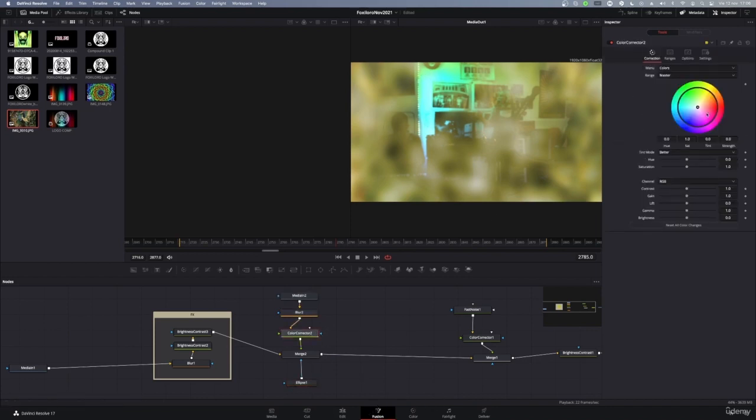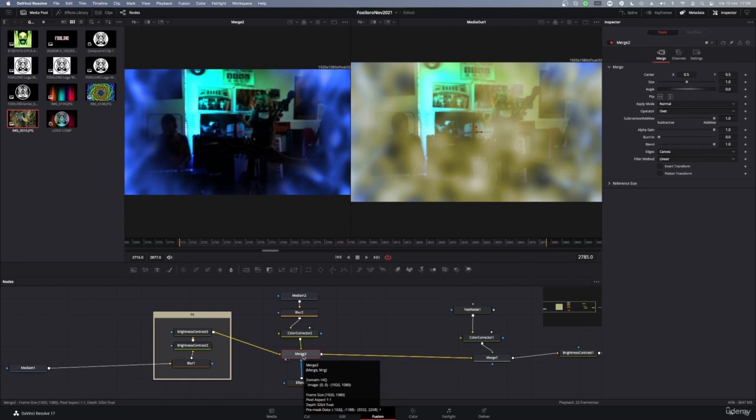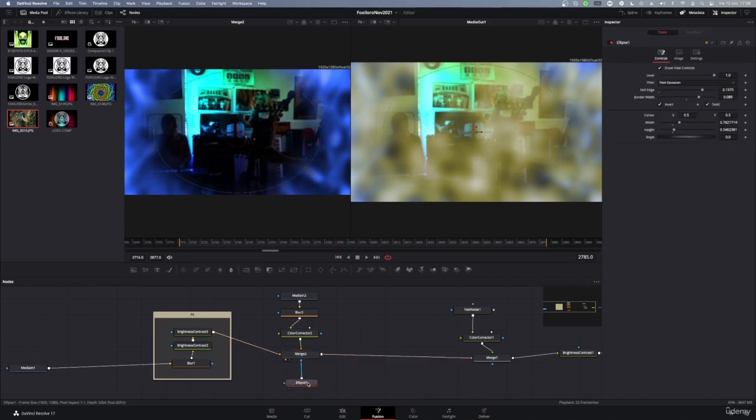So now this color corrector, I change it, and it's gonna change me. Now if I press number 1 to this node, I'm gonna see this. Okay, if this ellipse now I don't want to see it,